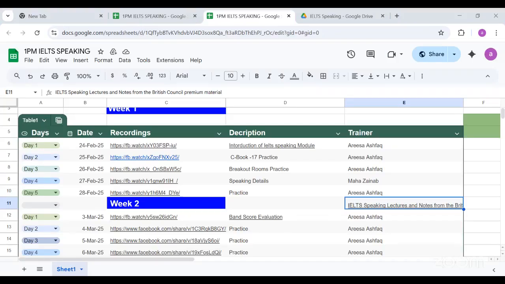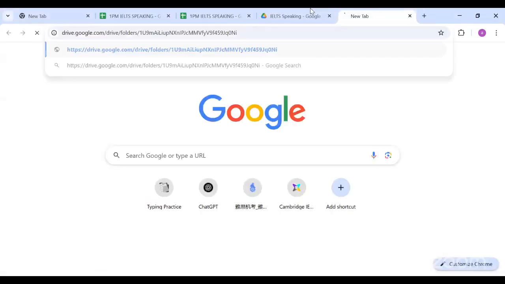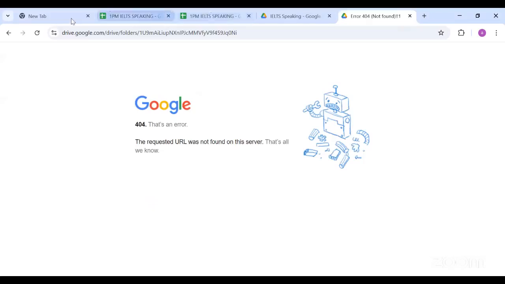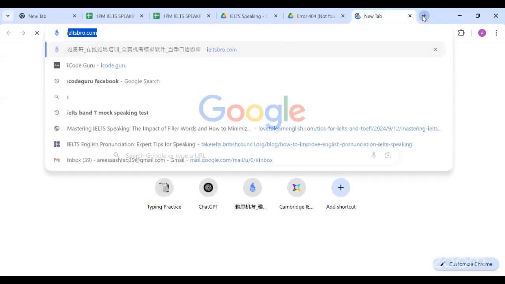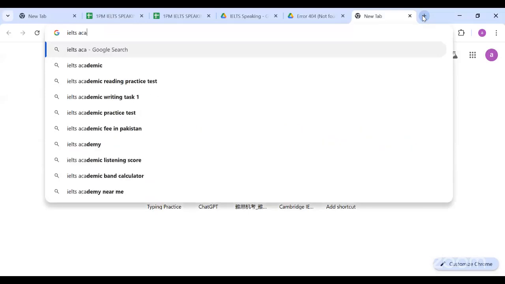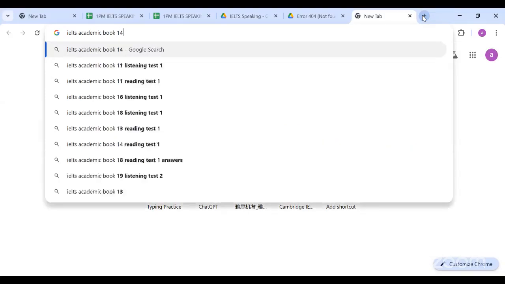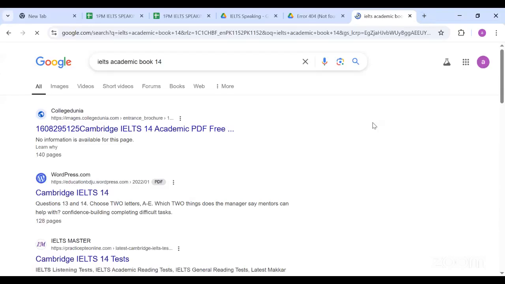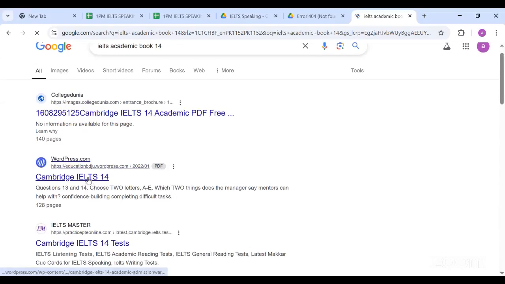Okay, let me check this one if it is still working. I think this link is not working where the book was found. Okay, you can just search like this, and you will find it online, and you can download this book. So in that way you can find each book. Try to search for academic ones, not general ones.